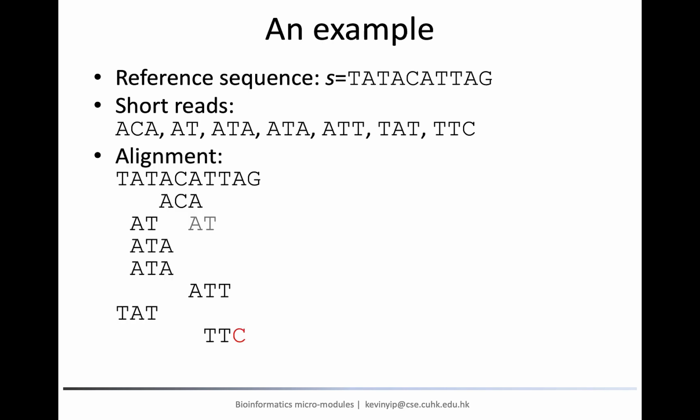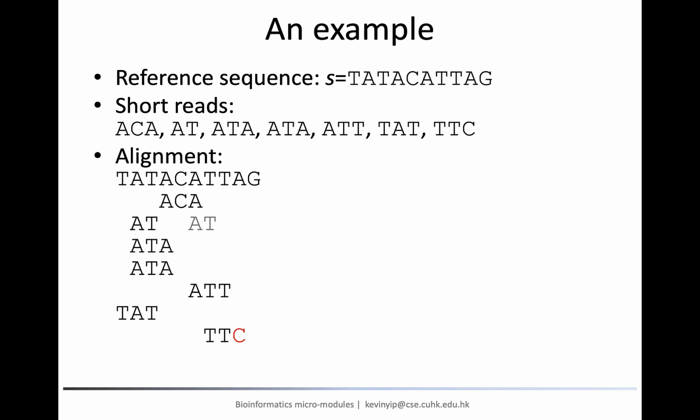Now we align the reads with the reference to find out where they came from. In some cases, such as ACA, exactly one perfect match is found, and therefore the read likely came from a DNA fragment that started there, especially when the read actually contains hundreds of nucleotides and it is difficult to get a perfect match by chance. On the other hand, the read AT has 2 perfect matches with the reference. This non-unique alignment is due to a combination of short read length and repeating content in the reference.